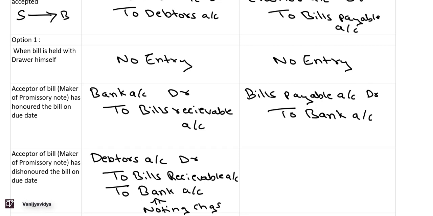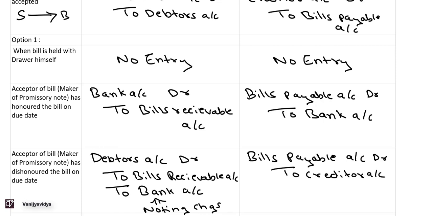Now in the case of Drawee's account, what has happened is that bills payable he was not able to pay. So now this bills payable will be cancelled, and again the liability has to be transferred to that creditor's account. So bills payable account debit to creditor account for the amount of the bill